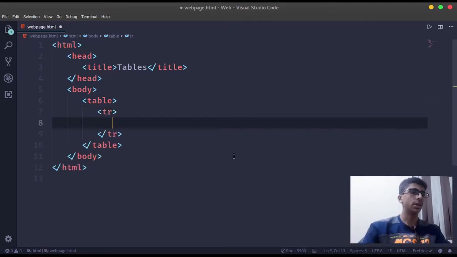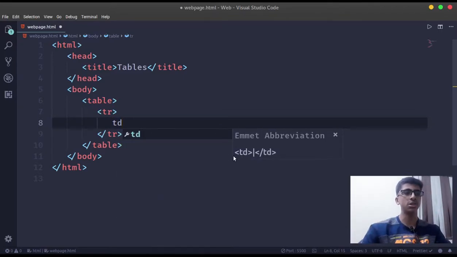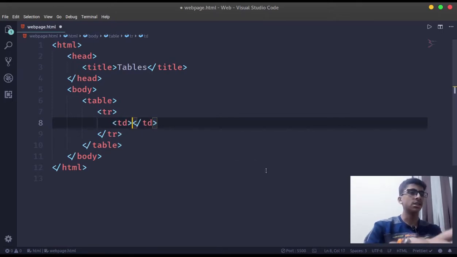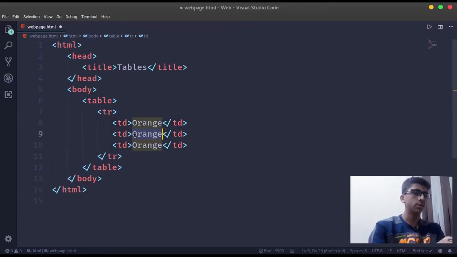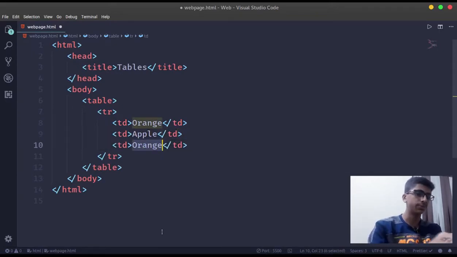After that, you want some data in the cells, in the columns. To create a column, you need to create a td tag, which stands for table data. Inside this you have to specify the data. So for example, if I create a table about, let's say, fruits, I'll say orange, and let's copy this and paste it two more times, and let's say apple,